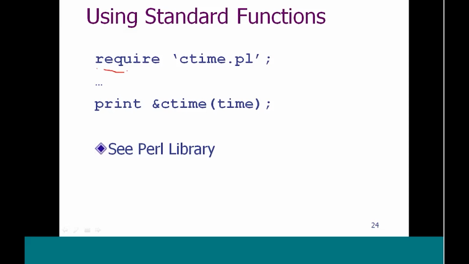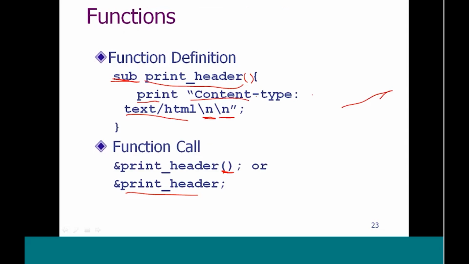The other way to specify a function is to use this particular command called require. There are functions that are already predefined and kept in the library. So when we specify this require at the beginning of the Perl script, then this particular function will be incorporated within your program, so that whenever you use the function call, it can be called. Oh, one thing I forgot to mention in the previous one is that when we call functions, we also use this